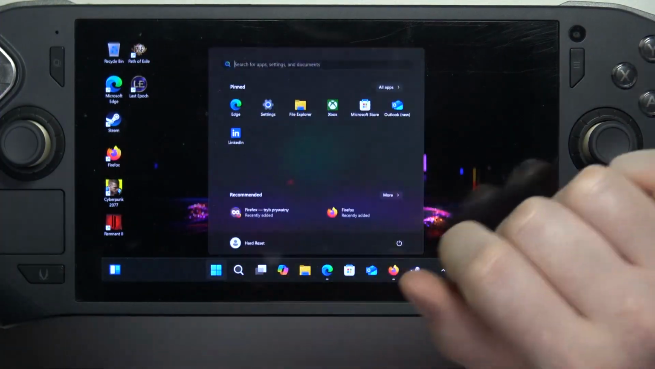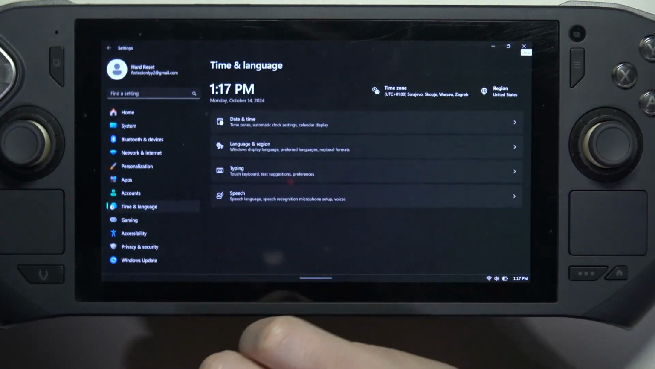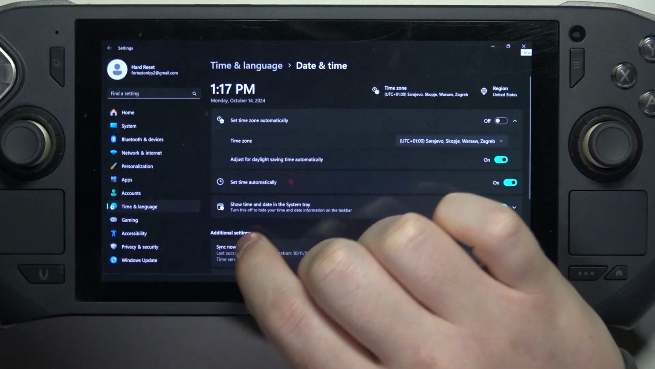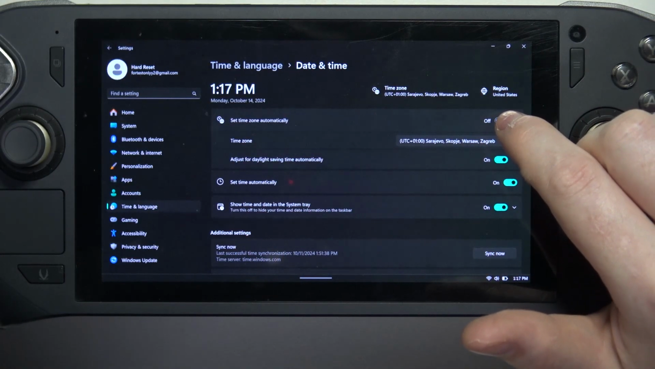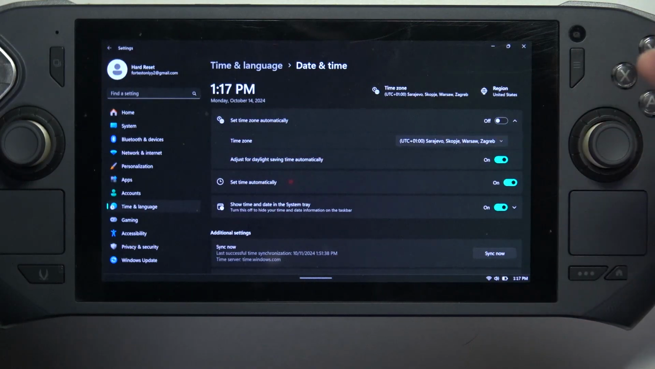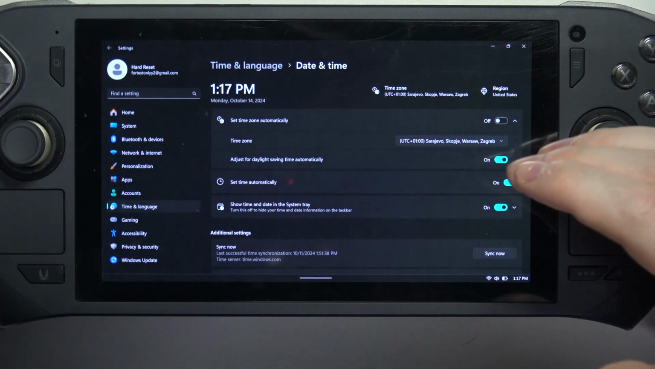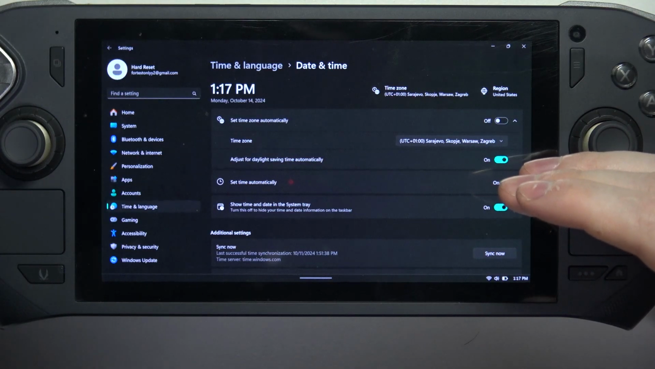To do this, first we'll need to click on the start, navigate to the settings, then open time and language, go for date and time. Inside you'll be able to enable set time zone automatically. As the first option, you can turn it on and off. When it's off, you can adjust your time zone manually, and also you can activate to adjust the daylight savings